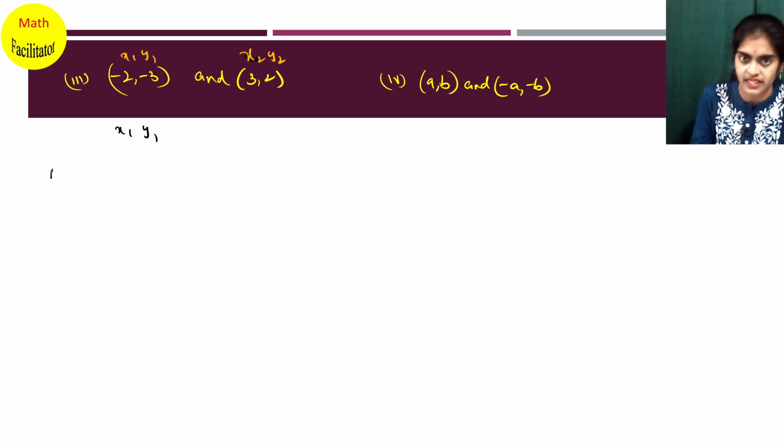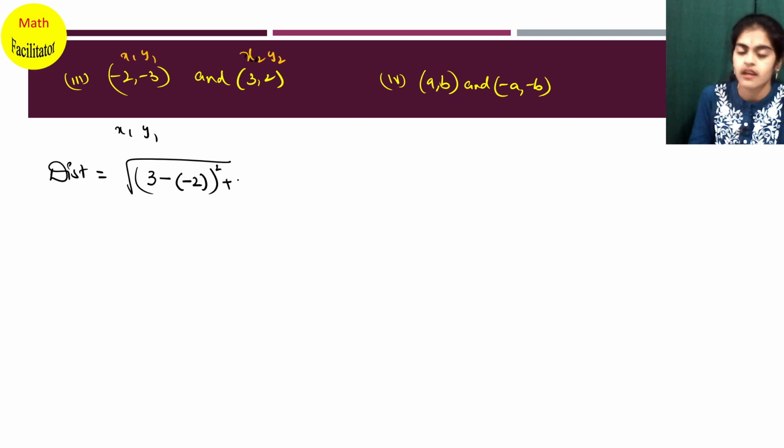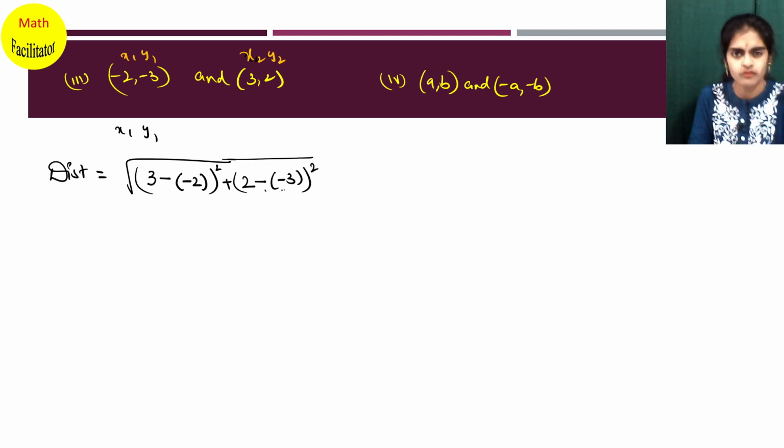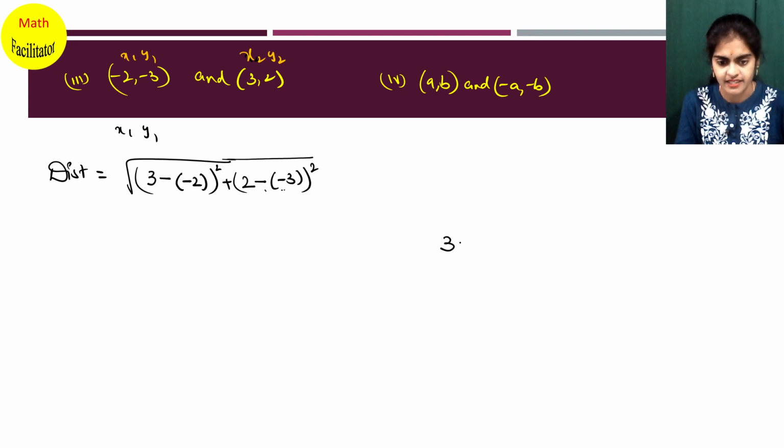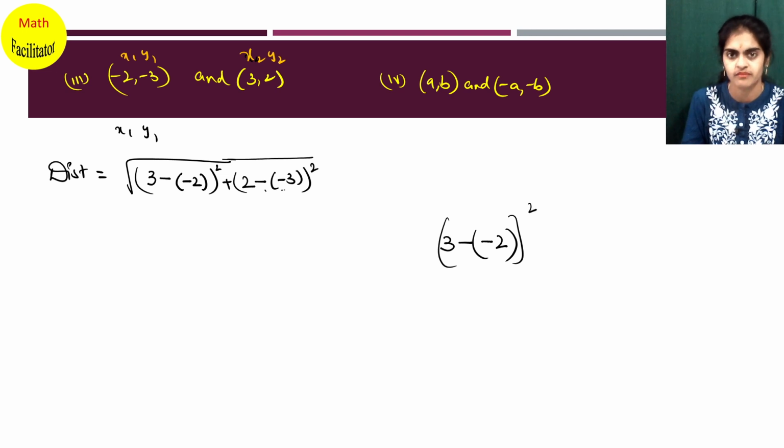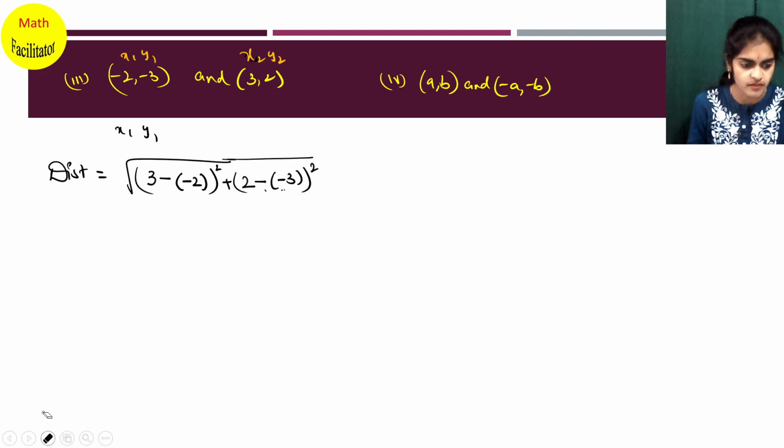Distance between any 2 points is root over x2 minus x1, minus x1 is minus 2, whole square plus y2 minus y1 whole square. Okay, whenever you have two minus signs in this way, we keep a bracket so that we can show the difference. Like here it is x2 minus, x1 is also minus 2. So in order to avoid this confusion, we just write a bracket here and whole square of this. Clear? So now let us simplify this further.